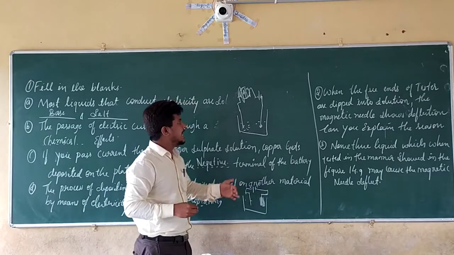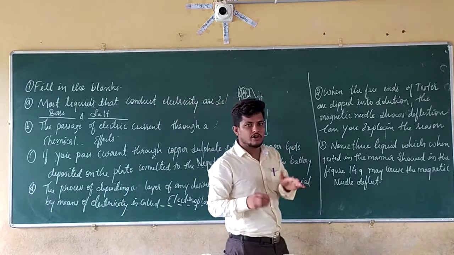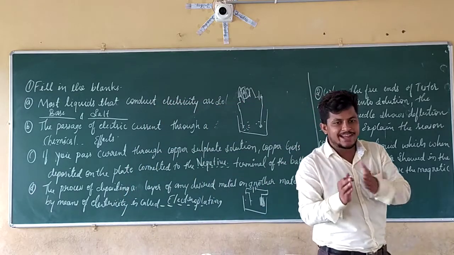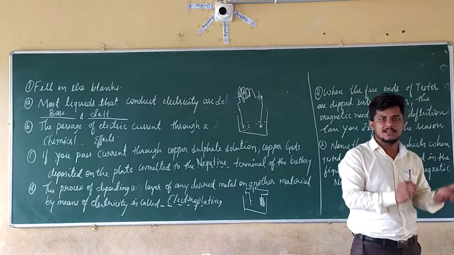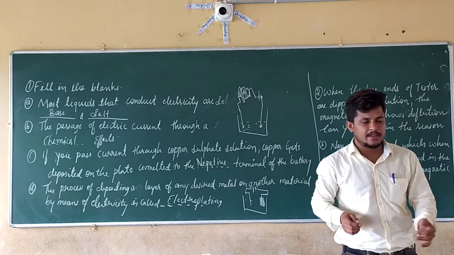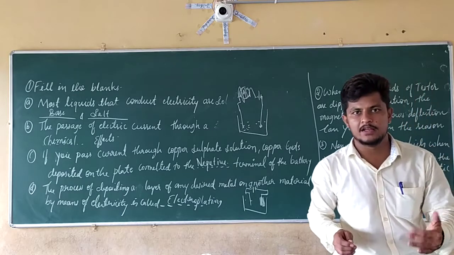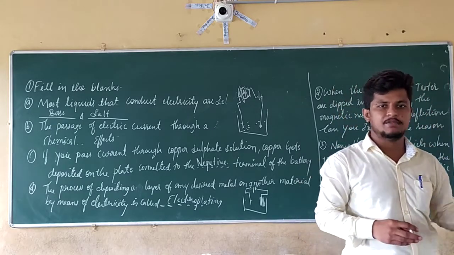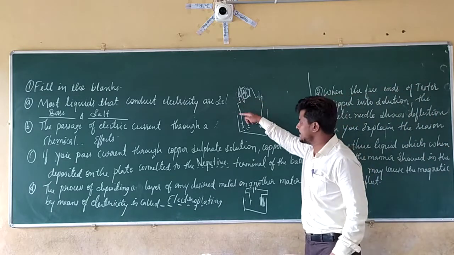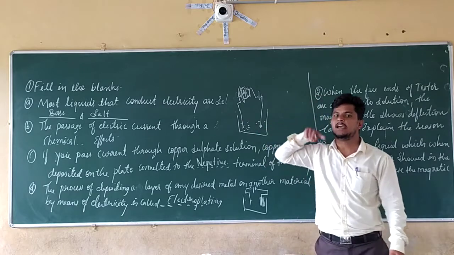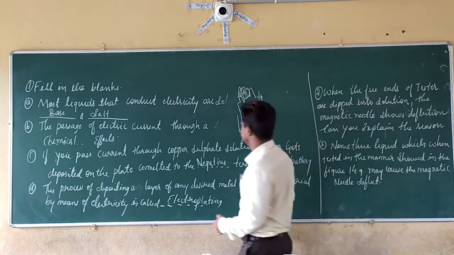We already know that a magnetic tester is used for checking the conduction of electricity, even of a weak current. If the current is present and it is very, very weak, then also we are going to check the conduction of the electricity. So if it is showing the deflection, that means that in this case the conduction of electricity is happening.